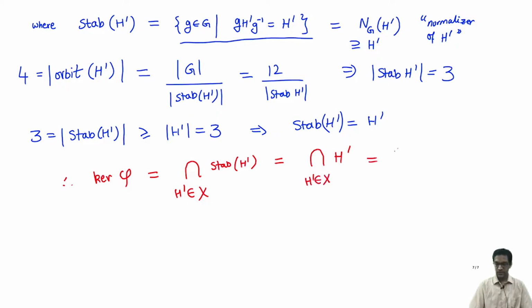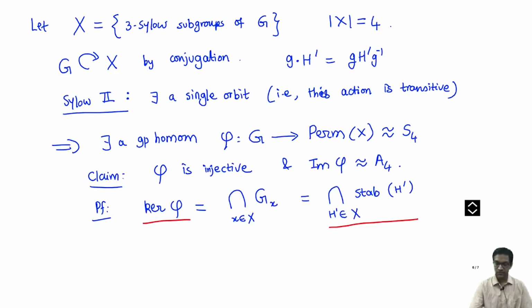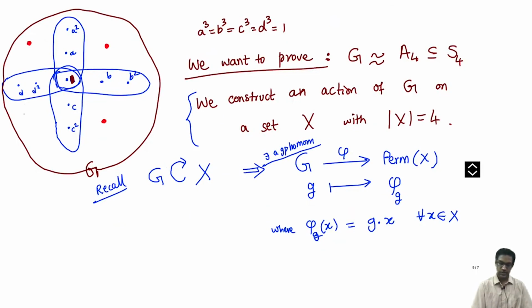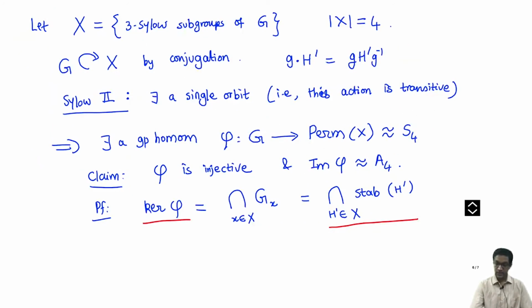And this, as we know, is just, in fact, if you intersect any 2 of them, it gives you the identity. So of course if you intersect all 4, you get the identity itself, right? That's clear from our picture. So the intersection of these 4 subgroups is only the identity element. Okay, so what does that mean? It says that the kernel is just the identity, which means that phi is injective.